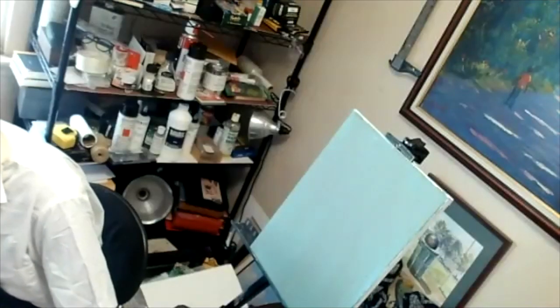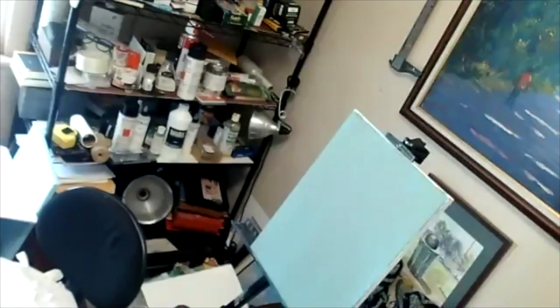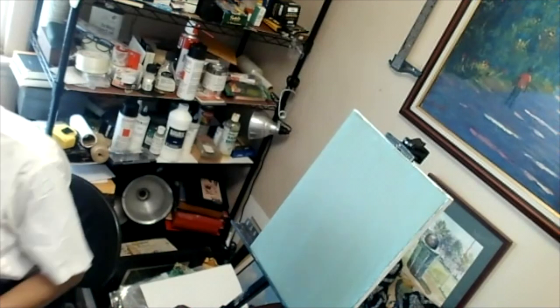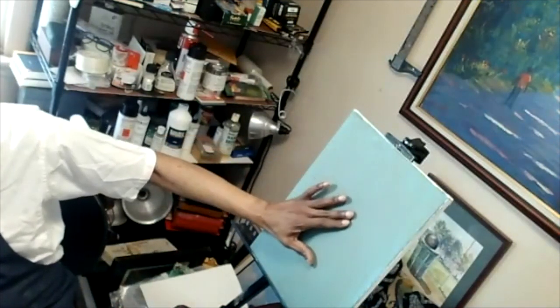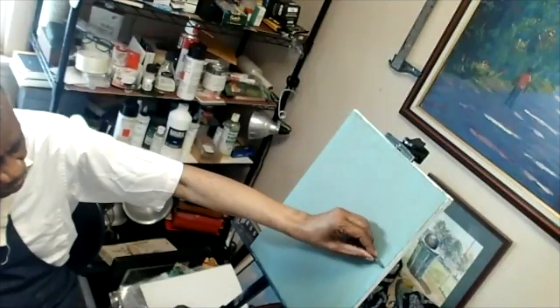That's what I'm going to do. So let's see. So you're holding the canvas vertically? It's hard right now. This is vertical, yeah. It doesn't matter which way you go. What I really want to do